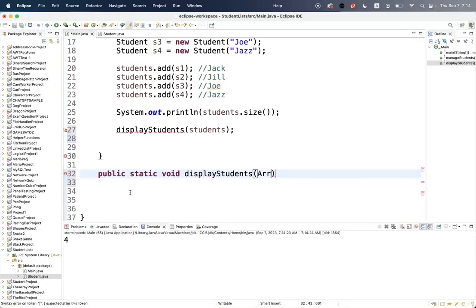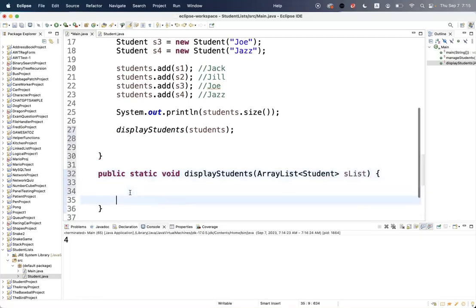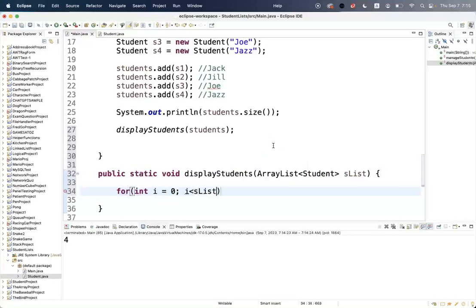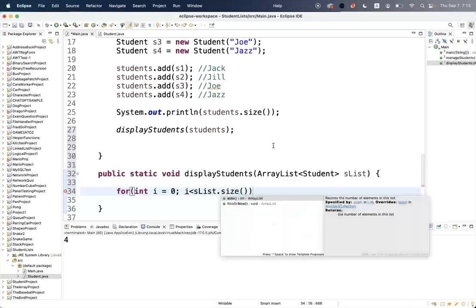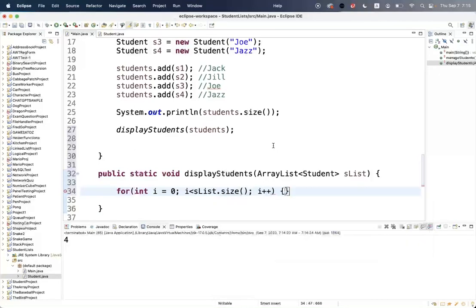It does process an array list of student objects, and I'm just going to call it slist. Doesn't matter what you call it, it's just a parameter. Let's loop through whatever this thing is here. We're going to loop through it. So for int I equals 0 to I is less than slist.size, because it's an array list, I++,